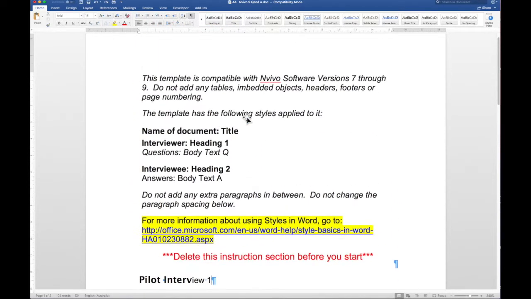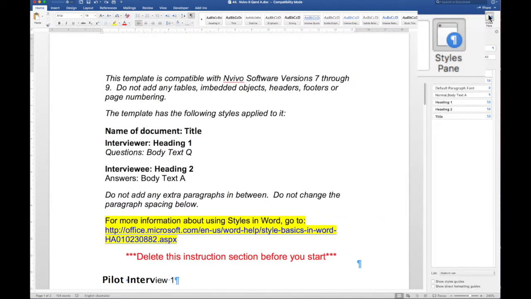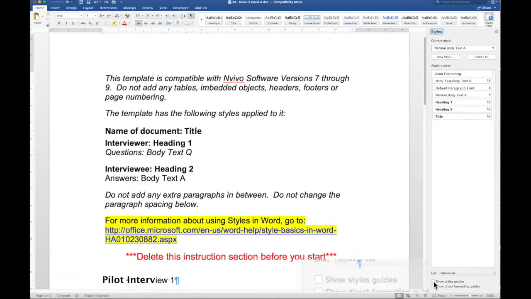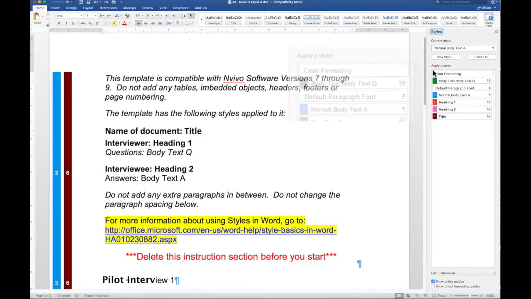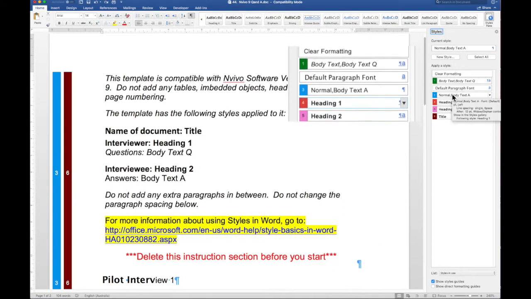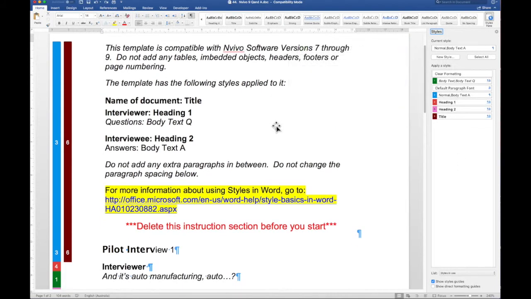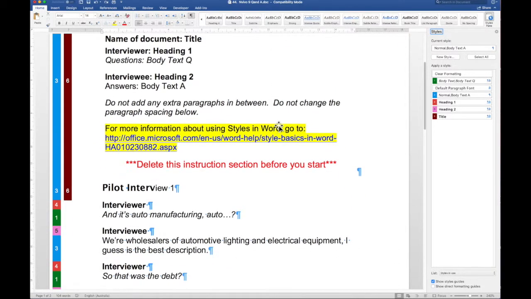As we're going to be working with styles again, I want to switch on the styles pane, which will list the styles that are actually used in this document. And then I want to show Styles Guide, which provides a lovely color-coded key of the styles that are used in this document. So if we look down, we can see that this document contains a body text Q style,